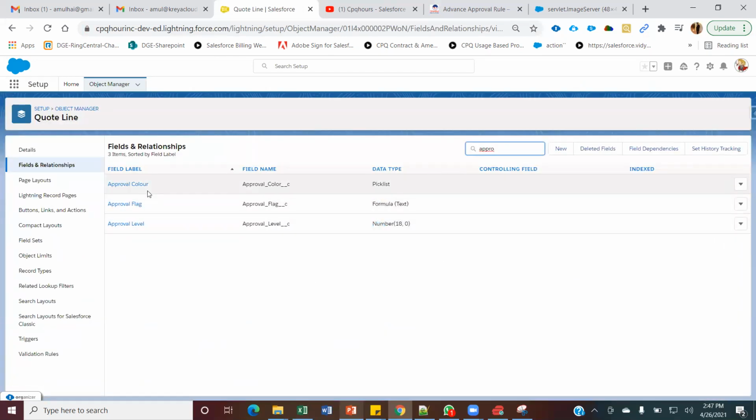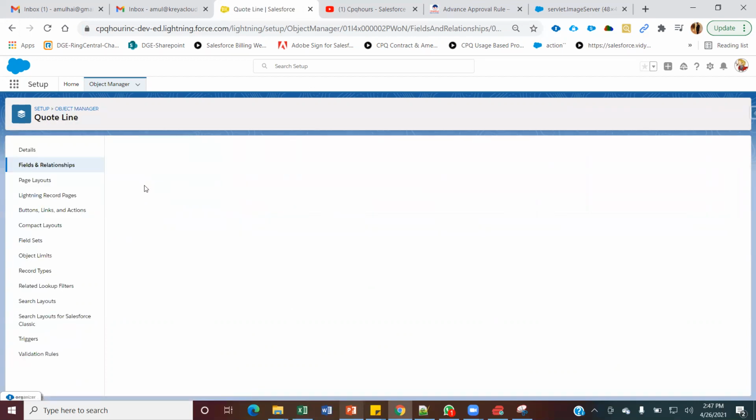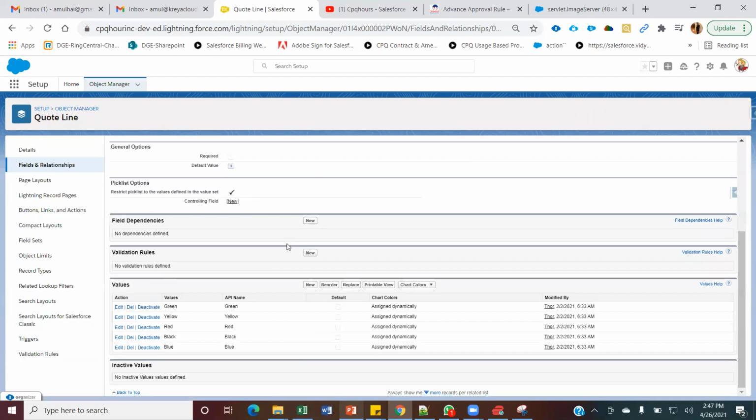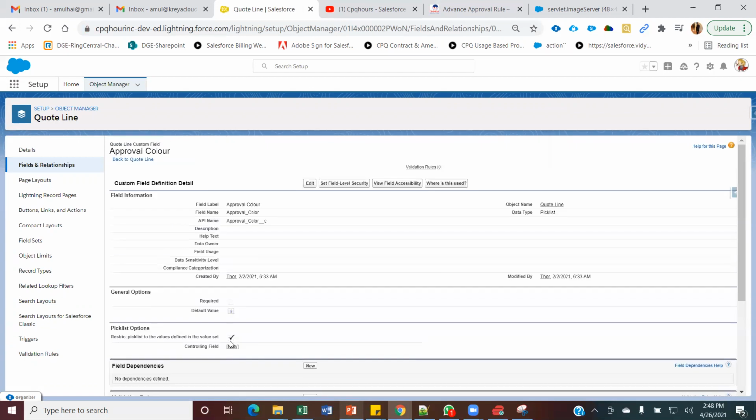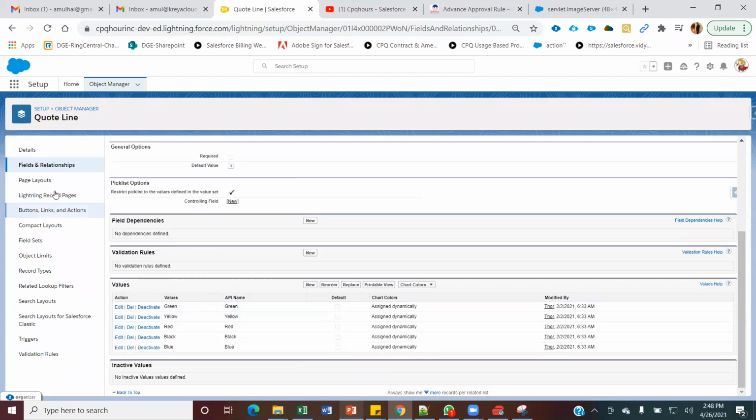You'll have to define the approval label as a number, 18, and approval color as a picklist. Let me open what picklist values we have. We have approval colors called green, yellow, red, black, and blue. These are the approval colors that you have to add in the picklist values.